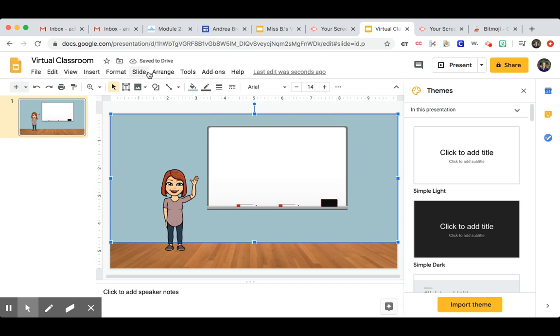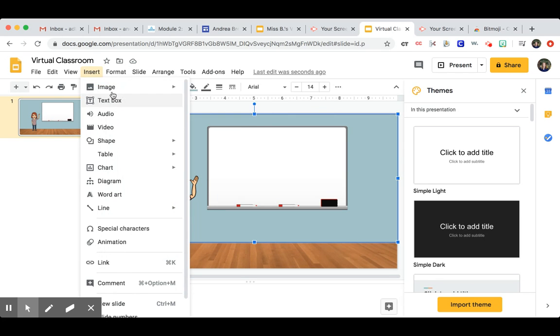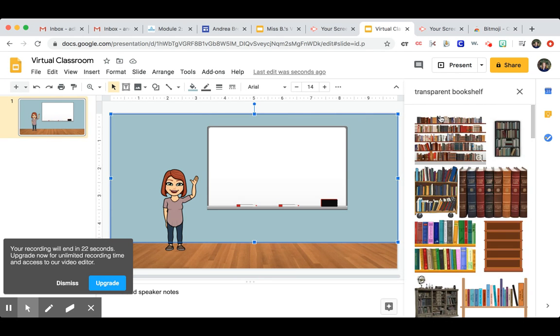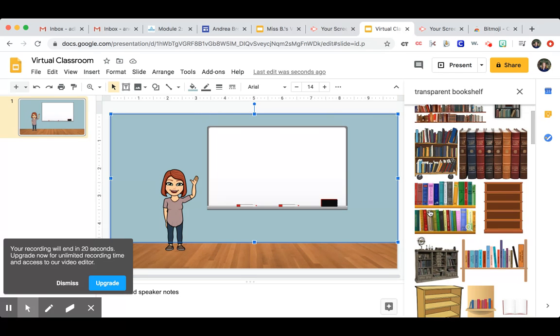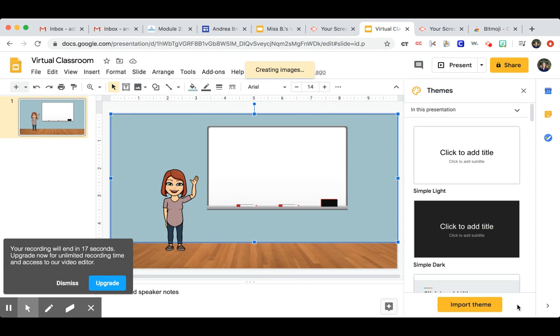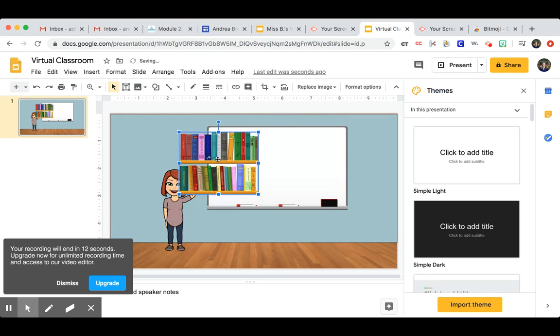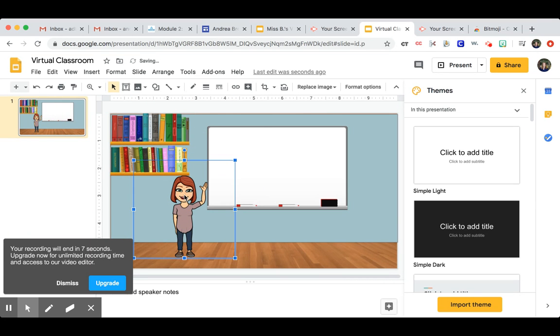Next thing, maybe I want to look for a bookshelf. So I'm going to go again to insert. I'm going to go to image, search the web, and again, instead of transparent whiteboard, this time I'm going to put transparent bookshelf. And here it is. I'm going to scroll down. What do I think would be great? Maybe this one, because it doesn't touch the ground. So I'm importing it here, inserting it into my classroom. Say I want to put my bookshelf right over here. Well, that doesn't work for this. So here I am, and maybe it's a little too large. So I'm going to resize it by taking that corner